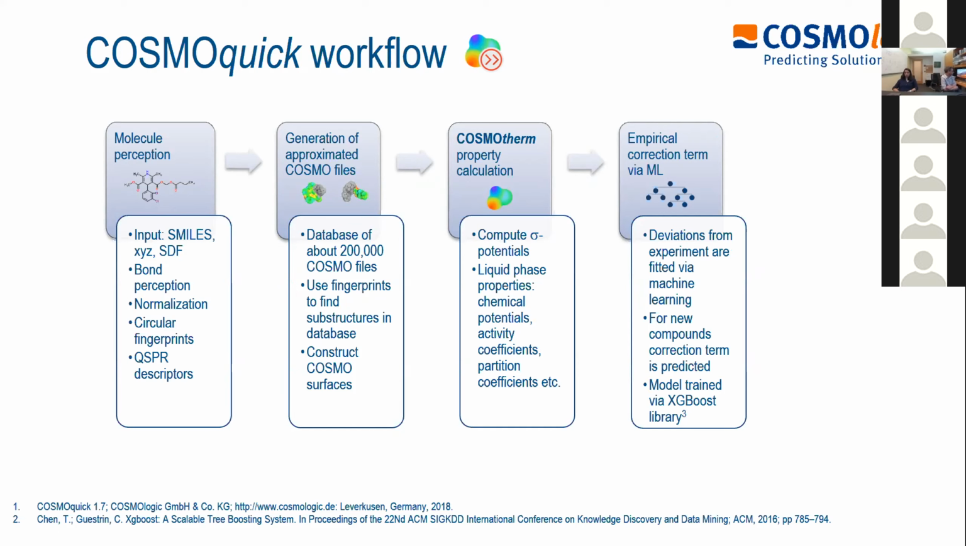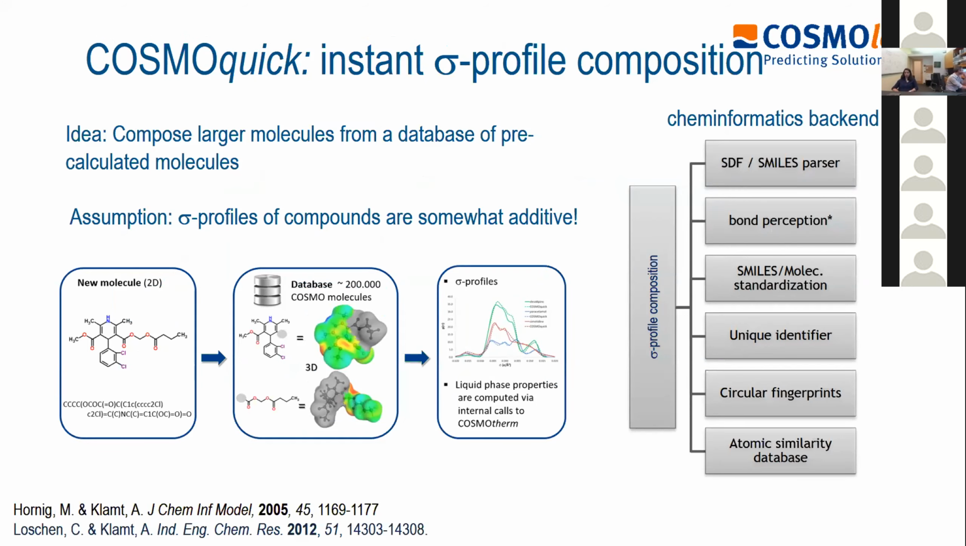For this computation, we have added on top of the Cosmotherm prediction an empirical correction term via machine learning. Here we trained on deviations from the experiment to have an additional term to correct for some inaccuracies of the Cosmotherm approach. I will show this later in more detail. So for CosmoQuick,